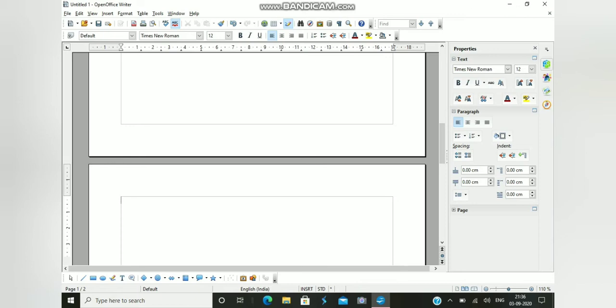From here we are going to start typing the contents which we want to appear on the table of contents. So let us start from here. First we will type Part A, which is already written in our textbook's table of contents. In Part A we have Employability Skills, which we are going to type here now.